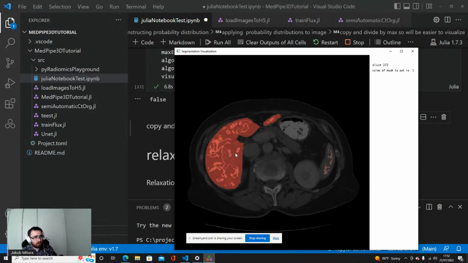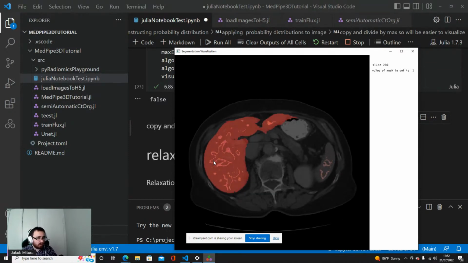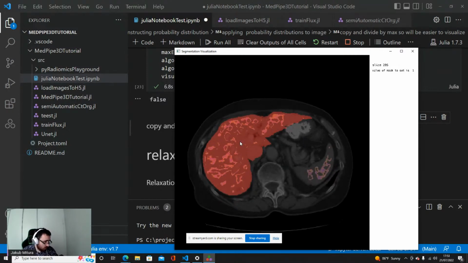When we get back the mask, we see that there are two kinds of problems. The first problem is the spleen, and the second problem is that we just got some points in the liver, but most of the liver is still not recognized as the liver. A lot of voxels, like here, here, and so on, are not recognized as the liver by the algorithm, and this is a problem.